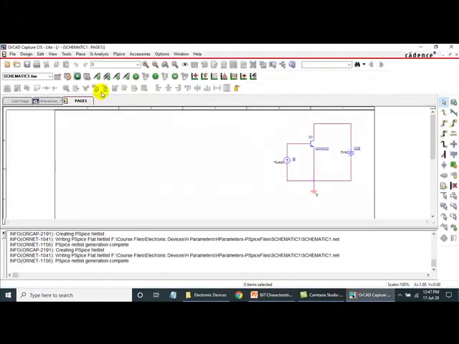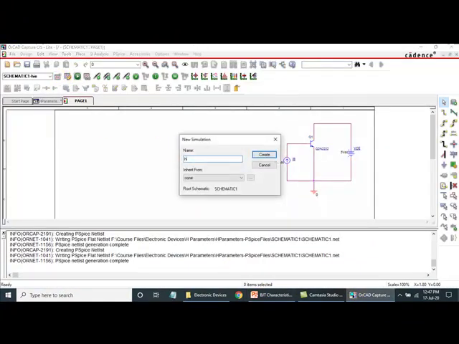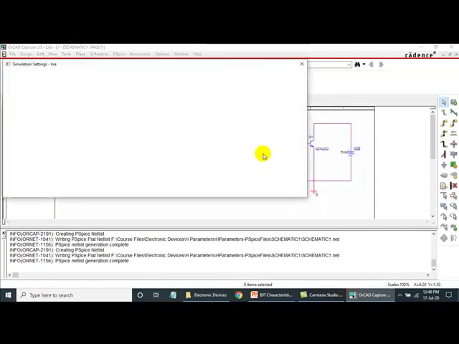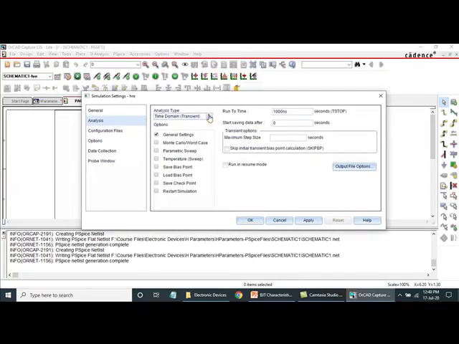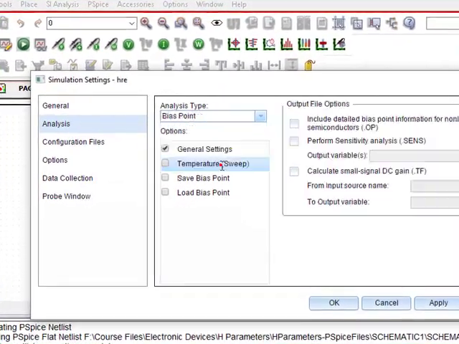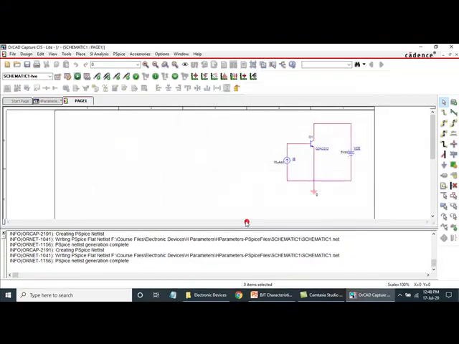So let us create a new simulation profile and I'll name this as HRE. Click on create. Analysis type is bias point analysis. Enable calculate small signal DC gain or transfer function. Input source is VCE, denominator VCE, that we can enter directly. And output variable is voltage of base terminal of transistor Q1 colon B. Click on apply, click on OK, click on